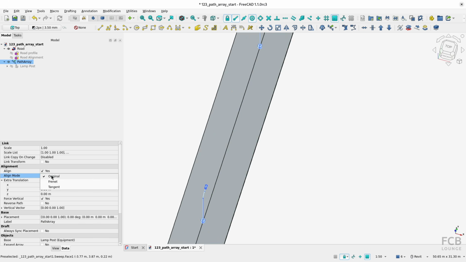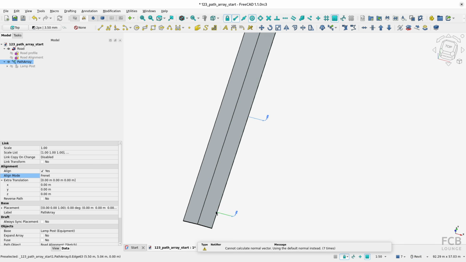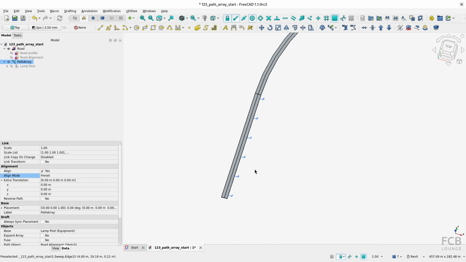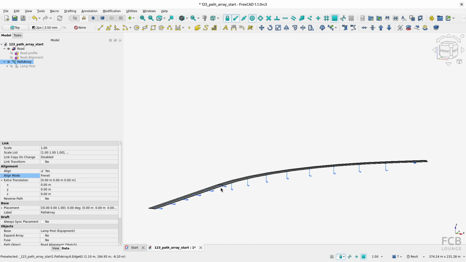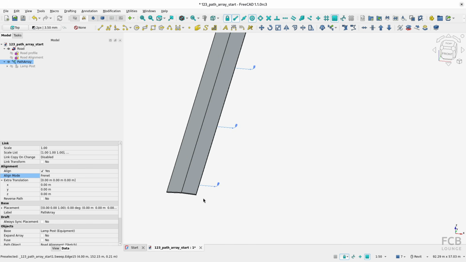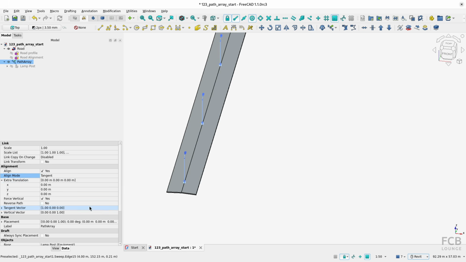And for that, there are other align modes. The Frenet mode is kind of strange. It always makes the objects along the path, and it also rotates them around the path, like so. I'm not actually sure how this works in detail, but for our purposes, the tangent option will work well, because when I use tangent, I have another option here, new. This is not possible with the other two,